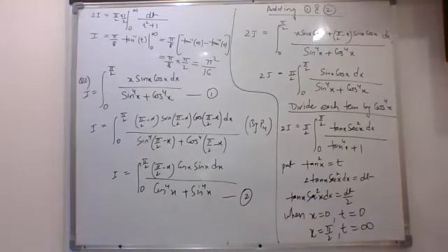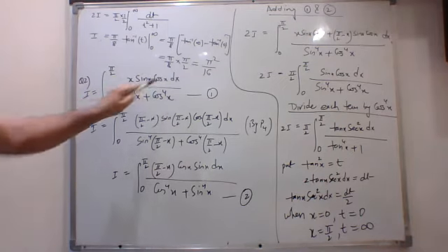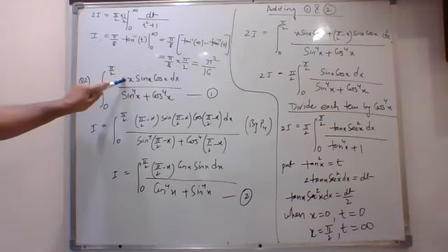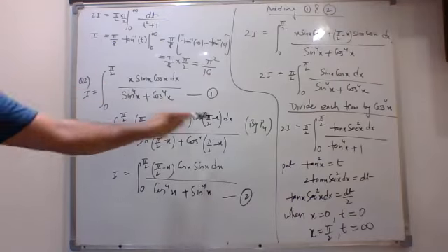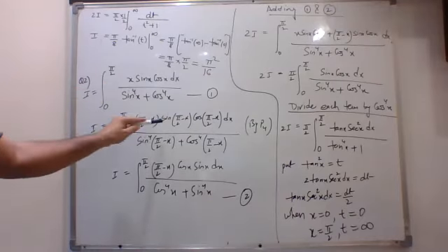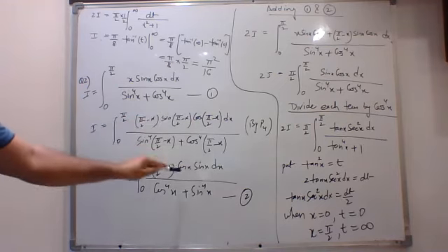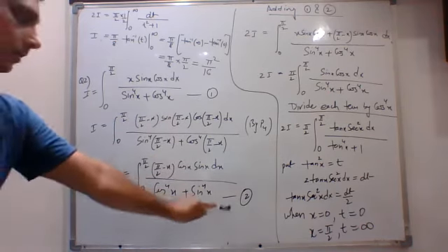Let me explain this question once again. So this is our question, 0 to 90 x sin x cos x dx upon sin to the power 4 plus cos to the power 4. Just because of this x, we should apply the P4 property. So we had applied the P4 property over here. In place of x, we are writing 90 minus x. Now after that, you know that sin of 90 minus x will become cos x, this will become sin x and so on. Now this is number one, call this number two.